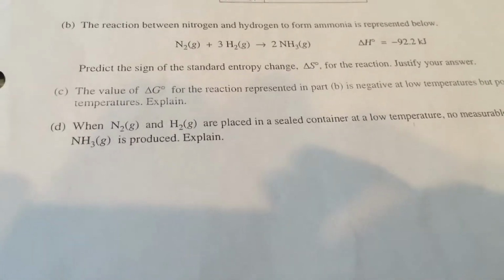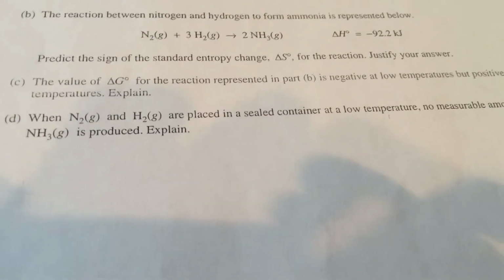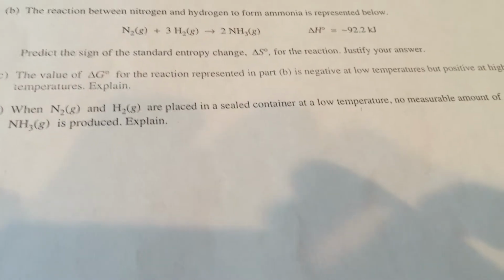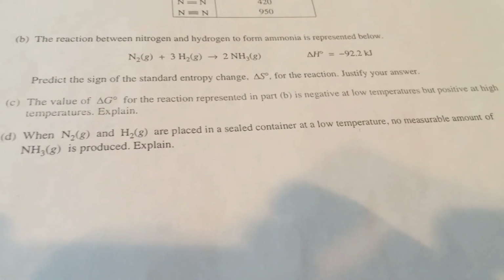As we move on to the last one now, this is part D. When N2 gas and H2 gas are placed in a sealed container at low temperatures, no measurable amount of ammonia is produced. I need to explain this. An easy explanation for this is that since it's a low temperature, the average kinetic energy is low. This makes collisions between the molecules more rare, and the correct orientation is also rare because they're moving at such